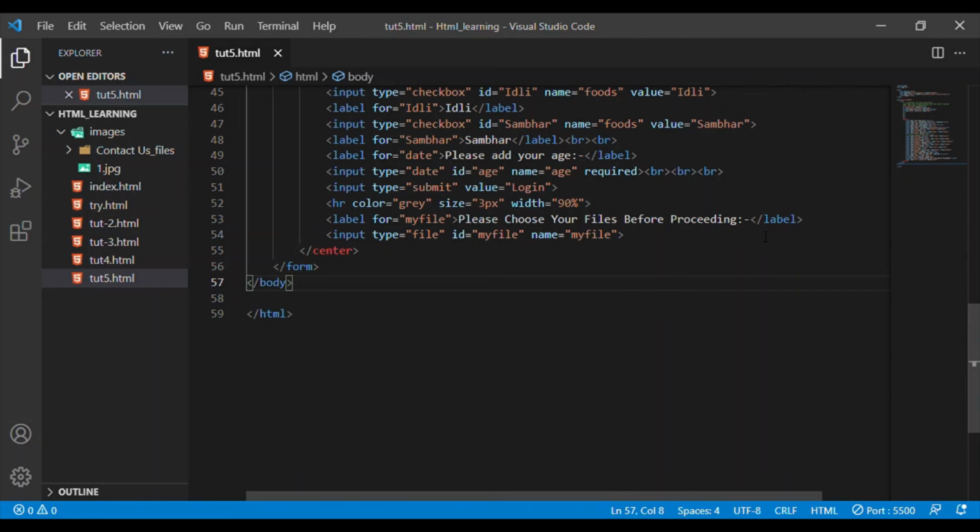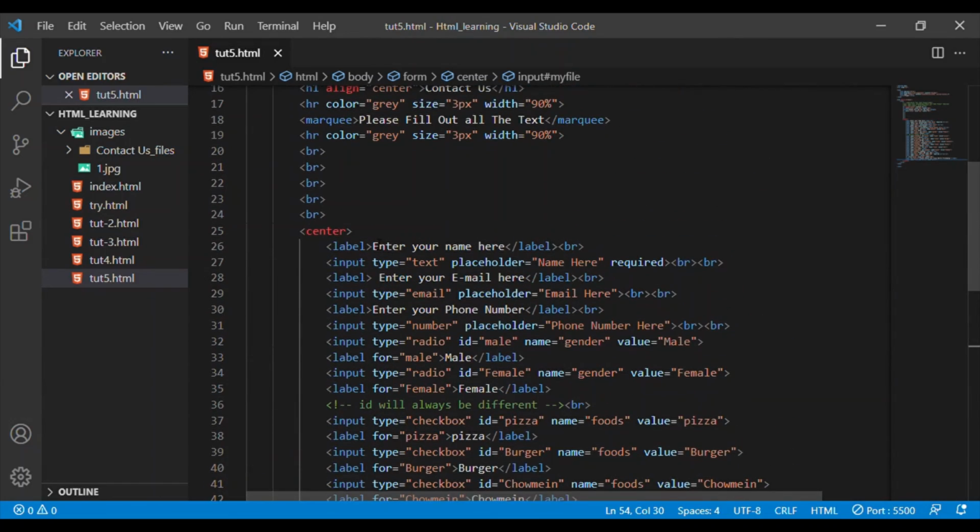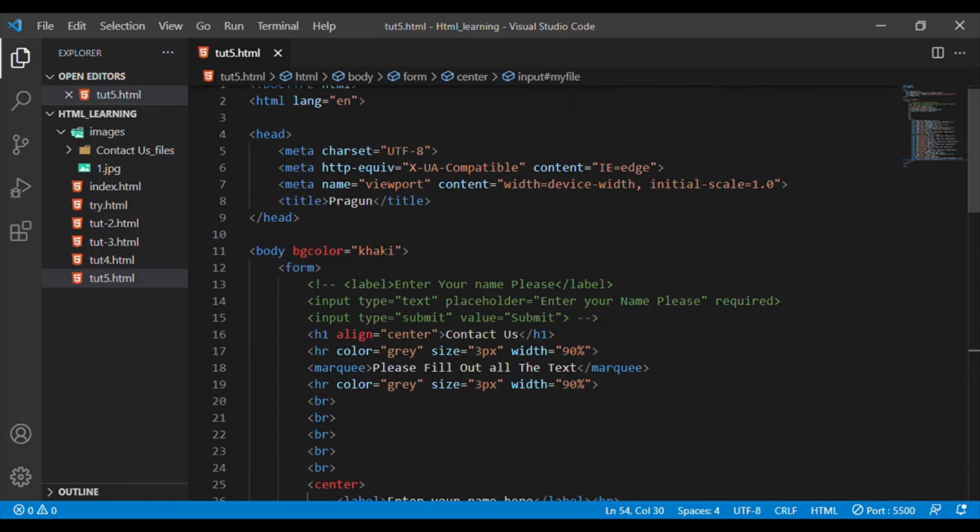So what it basically does is add an option to choose files from your computer and send them via a form that is made in HTML, but it would do nothing until we add a server to it, which could all be added in the form section that we have related to form action, in which we could add something like action.php, by which we could easily do the function.